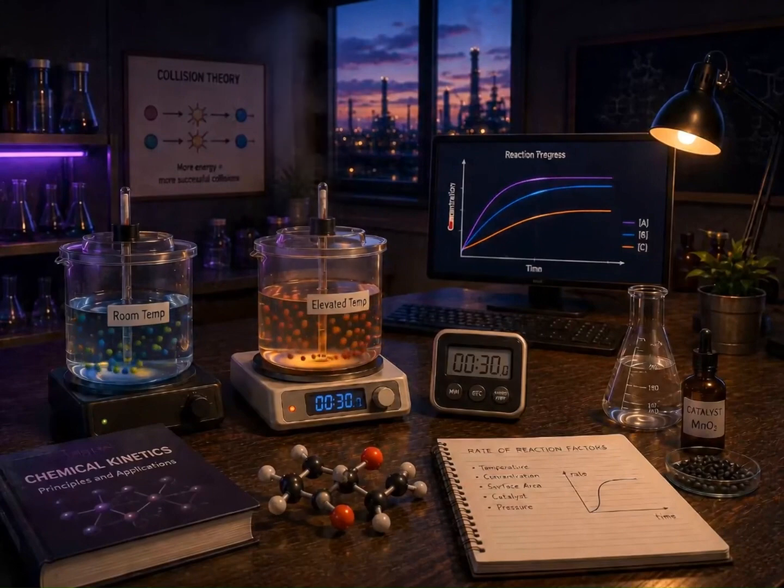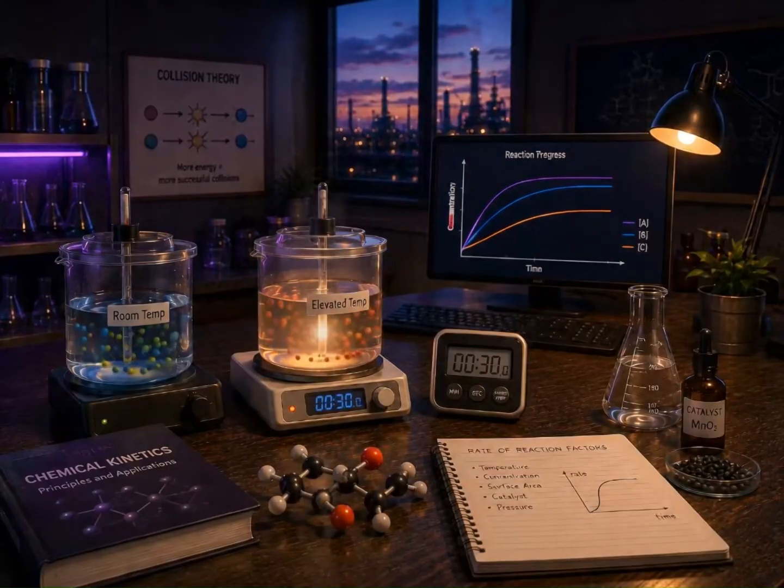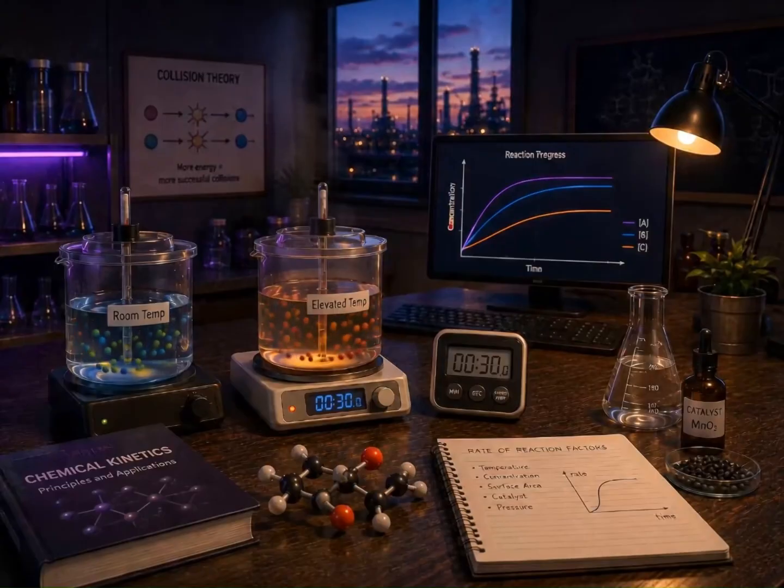The catalyst is not used up in the overall reaction, although it may take part in steps along the way. This is a key point. A catalyst does not increase the amount of product that can be formed at equilibrium. It does not change the enthalpy change of the reaction. It does not make the particles magically more energetic. It provides a different pathway, a lower energy path, and because the path is easier, the reaction reaches its products